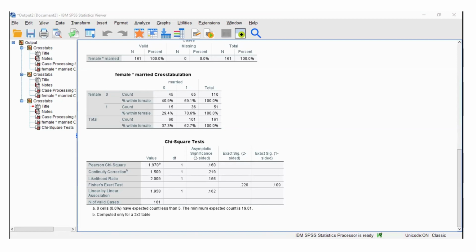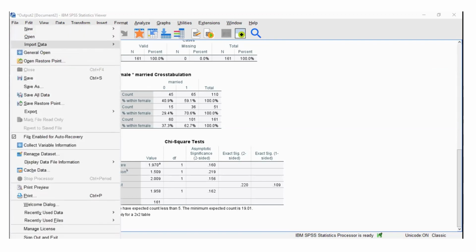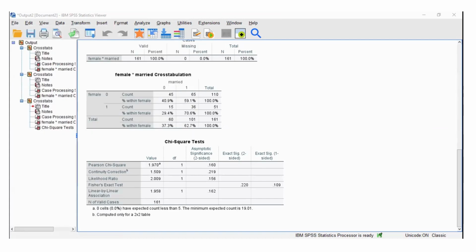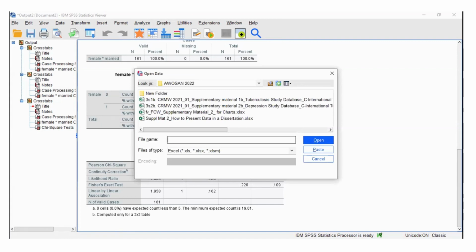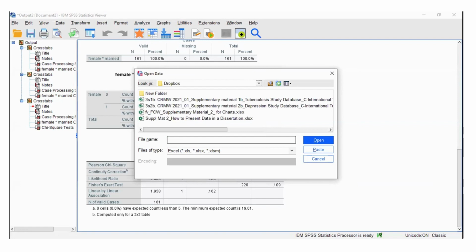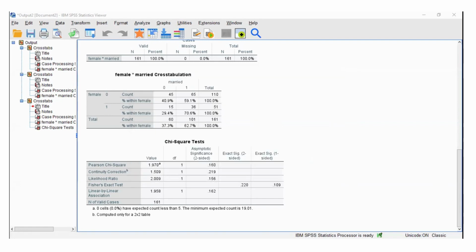Now our null hypothesis is that there is no association between being female and being married. In this particular test group, there was no difference between male and female with respect to marital status, right?